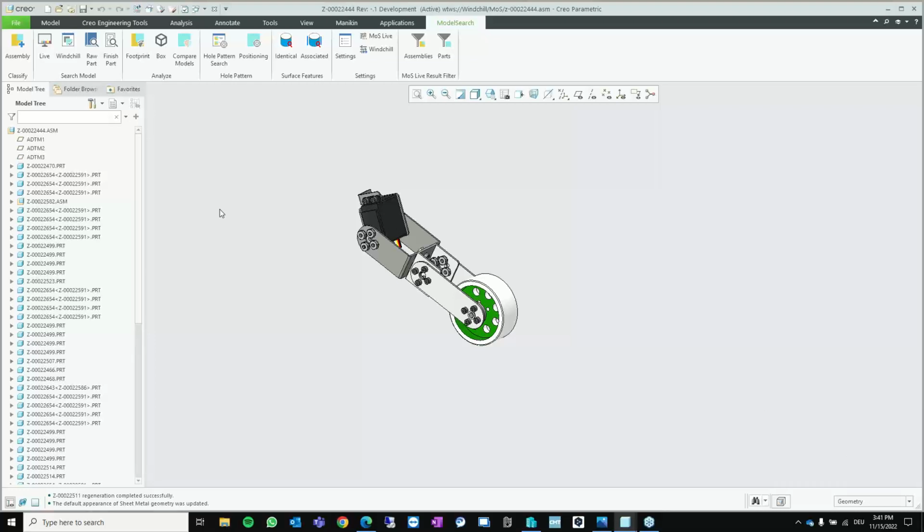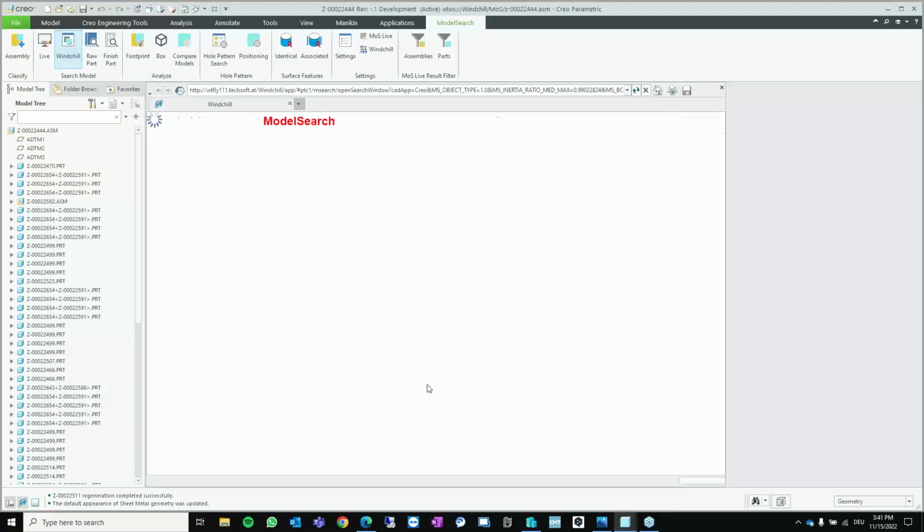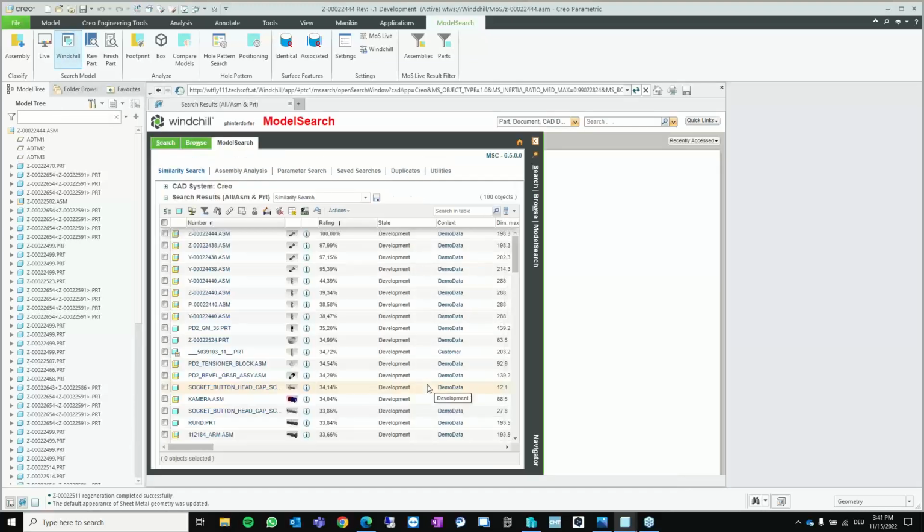in my database. If you need additional information, if you need additional attributes, you can also start a similarity search where the results are provided in Windchill. Whatever you prefer, you do have both opportunities. So basically, that was the first part of the demonstration, ModelSearch integrated in Creo Parametric. Now,